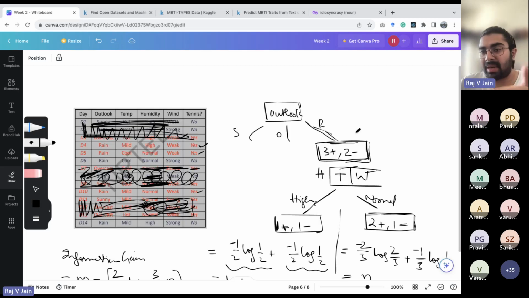Then what we will do, we will not expand this rain node at all, because the number of